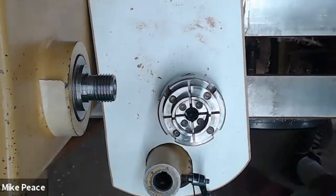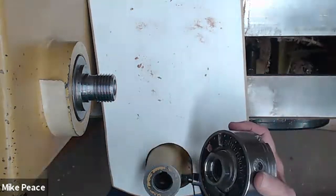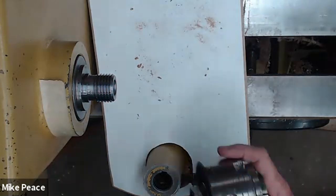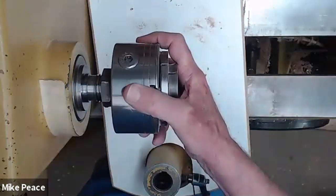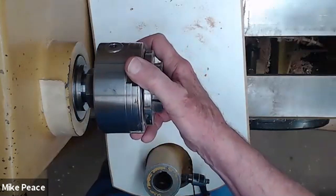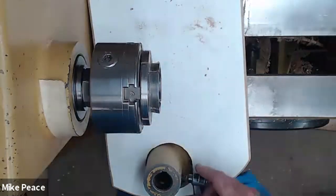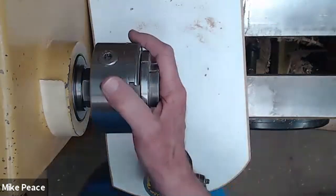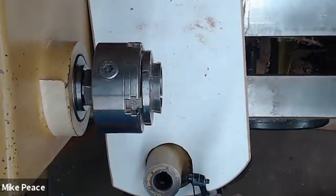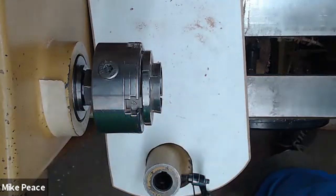Specialty chucks, there's one. All right, here's an interesting one. I had a friend of mine that came to me one time with a problem. He's an engineer. He's restoring an automobile. He says, can you help me cut a piece of plexiglass in a perfect circle, but it can't have a hole in it? Now, if I use a hole saw, it'll have a hole in the middle. And I said, yeah, I can do that. So I did that by using a compression chuck, where basically you have